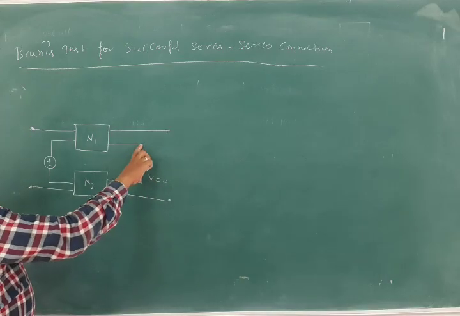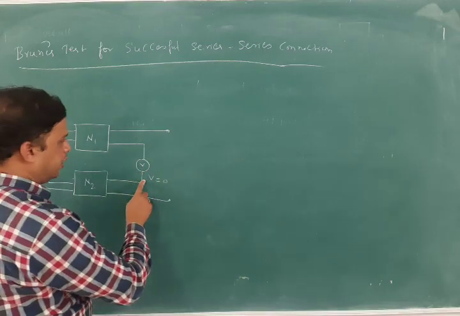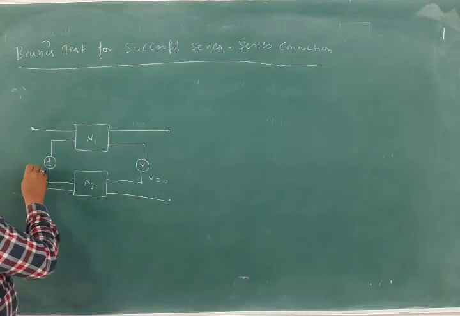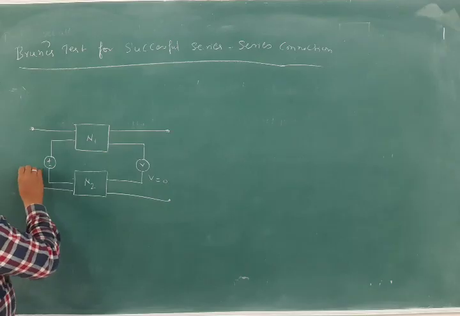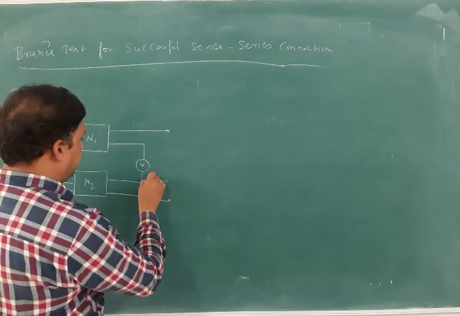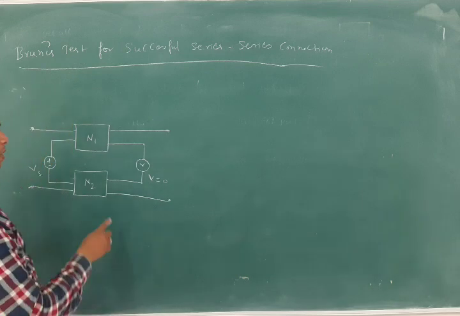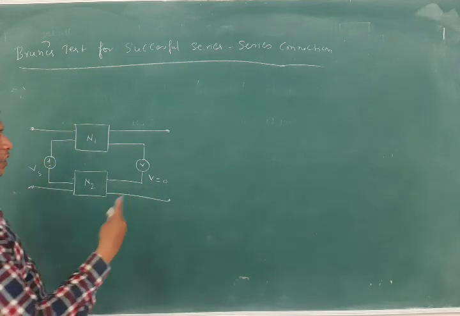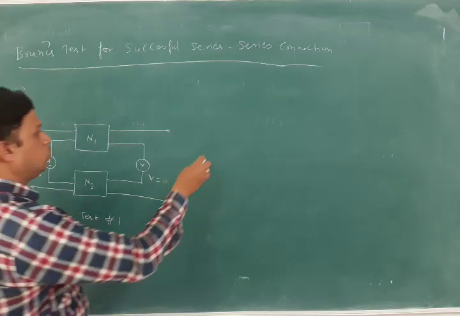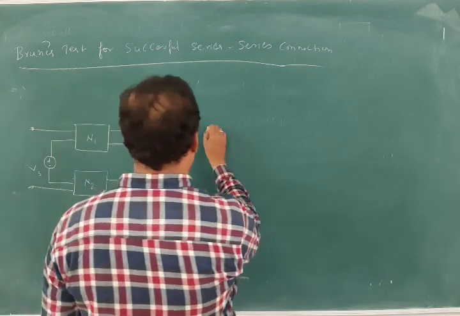Here it is open circuit and we are keeping a voltmeter here to measure this particular voltage, and here we are applying the voltage V1 or some voltage source Vs. If V is equal to 0, then we will say that this first test is okay. Now we have to do test 2. This is test 1, and test 2 is nothing but you have to interchange that.